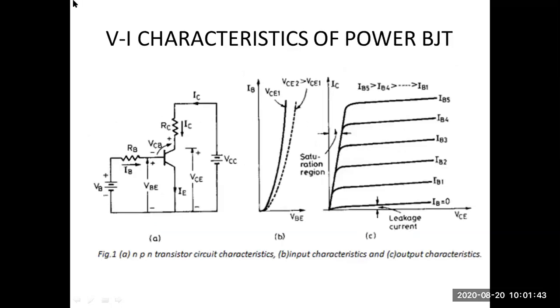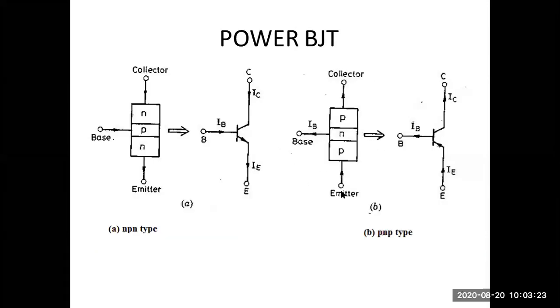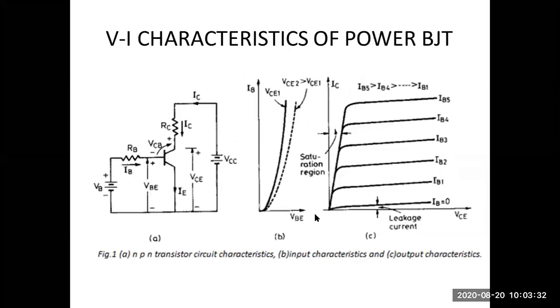Next, look at the figure here. It is the circuit configuration; earlier it was a symbol. From the symbol we write the terminals and the observations made: what about the junctions, what about the layers, what are the input terminals and what are the output terminals. But in the circuit configuration, we draw the resistances in addition. I'll explain figure A.